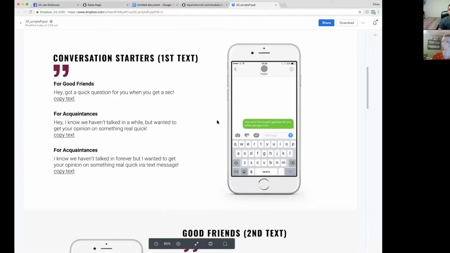So you guys can see that we set this up for you to start the conversation. That's what you need to master, starting the conversation. Once it's started, it's easy. So these are the first texts that you're going to see in your app. Let me now show you the app real quick so you can see what I mean by this.